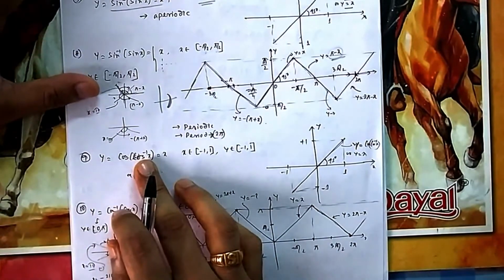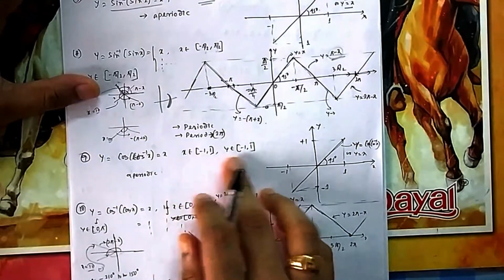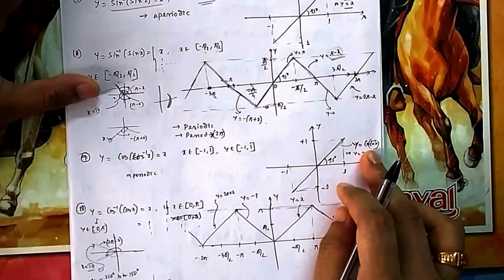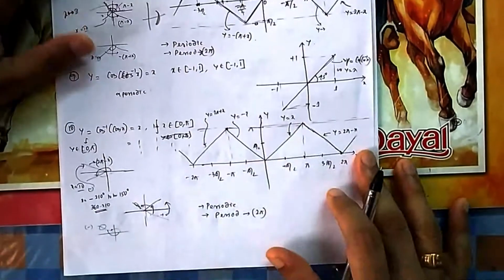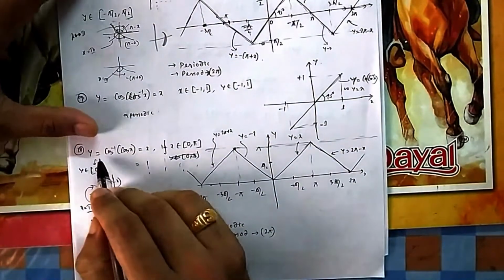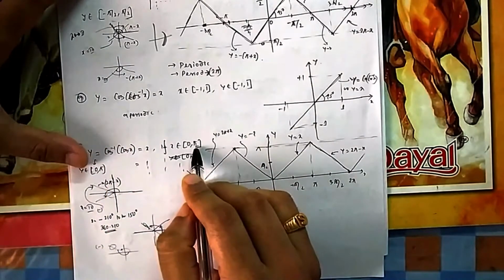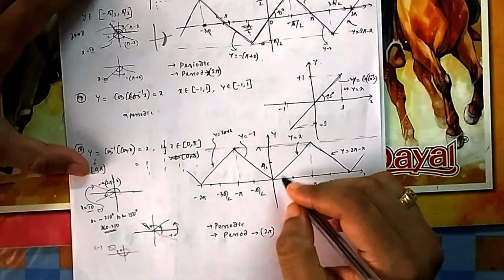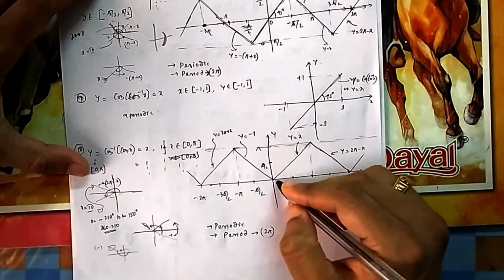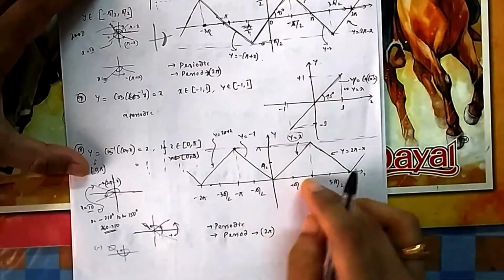Similarly cos of cos inverse x, again it is x if you are between minus 1 to 1, so it will be again the same line. It is again aperiodic. Now cos inverse of cos x. What is the output of cos inverse? 0 to pi. Input you can give any value. So if your input is between 0 to pi, then input and output remain the same. So from 0 to pi, input and output remain same. That means y equal to x line from 0 to pi.